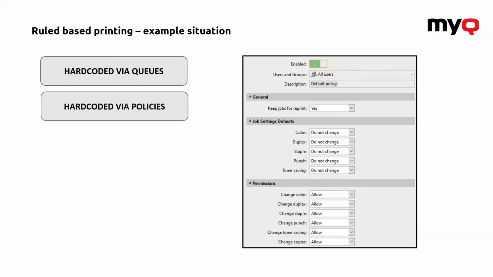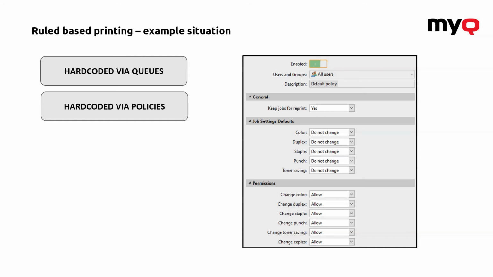Another, somewhat more extended option is through the policies. The advantage of the policies over the standard settings on the queue is that we have a little bit more options here, but more than that, we can apply those policies to multiple queues at a time, and one more level, we can apply them based on users or individual specific groups. That way, on one queue, two different groups might have different settings.